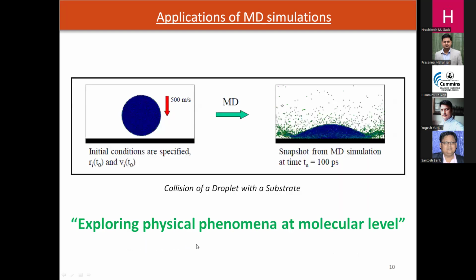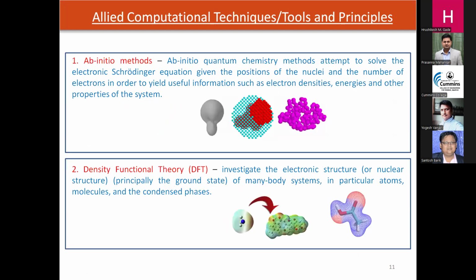Okay. Then exploring certain physical phenomena at molecular level. So let's say that's a droplet and it is getting destroyed. What happens at the picosecond level can also be done using molecular dynamics simulation. Okay. So when we say molecular dynamics simulation, basically we consider an atom as a rigid sphere. And considering that atom as a rigid sphere, we look at the association of molecules with other